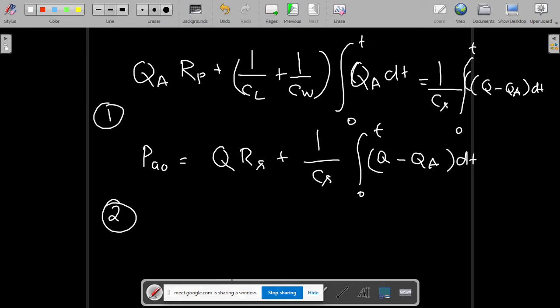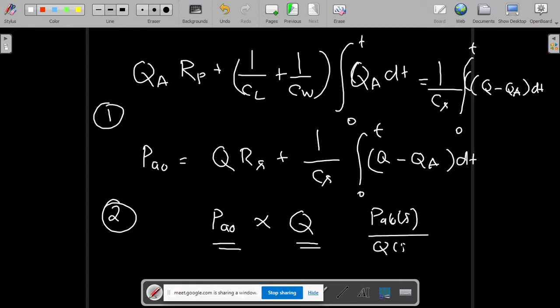Now what we require is, our inlet is PAO, this is the air that is coming inside. Because of this inlet you get a proportional outflow, that is the airflow inside your lungs, that is Q. Okay, we want to get a relationship between PAO and Q. What I required is PAO of S by Q of S. Actually we require a relation PAO of S by Q of S. Okay, to do this we'll take the Laplace transform of these two equations, the first equation and the second equation. So how are we going to go about it?